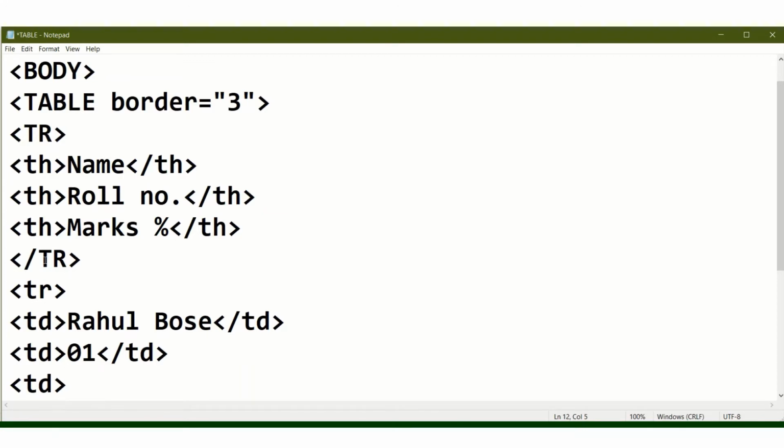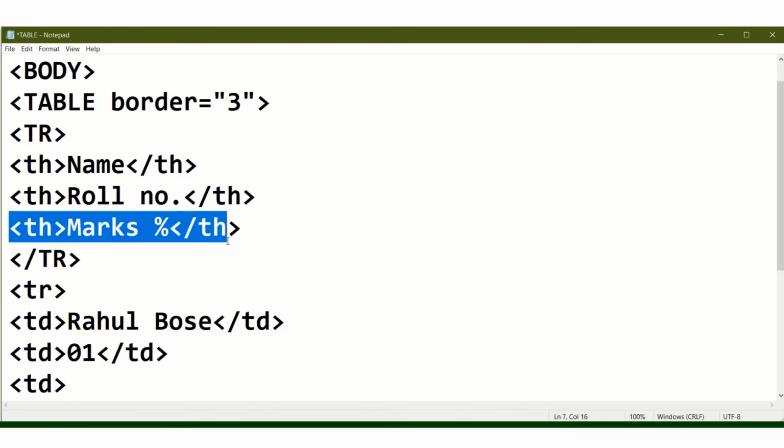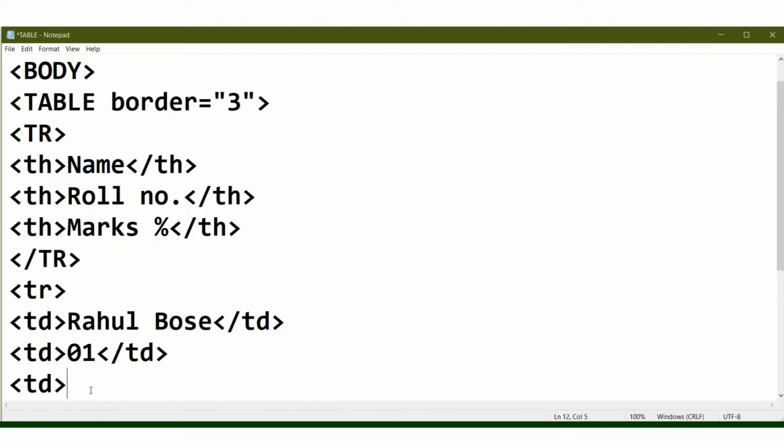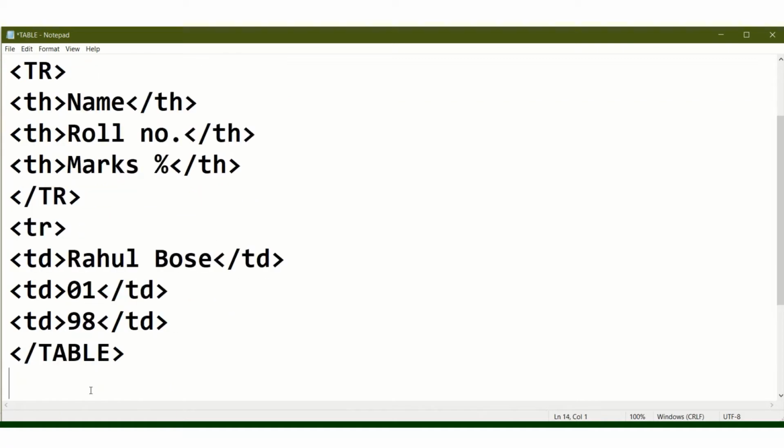TD again. Then the third heading is the marks. So I have to insert marks. Suppose I am giving 98. Okay, in percentage I am giving 98, and after that we have to close the TR tag.